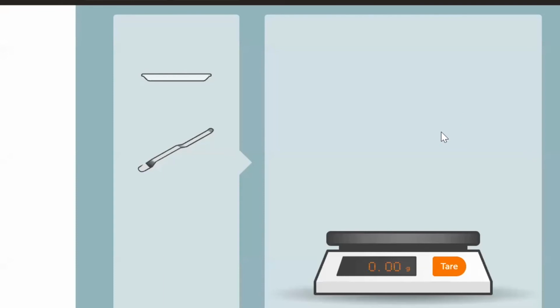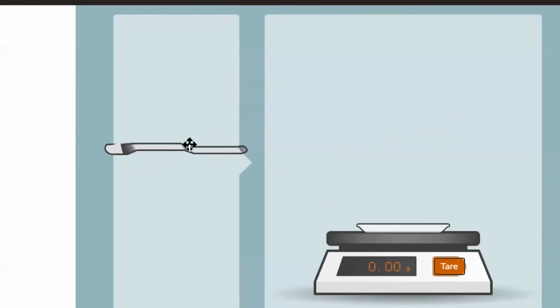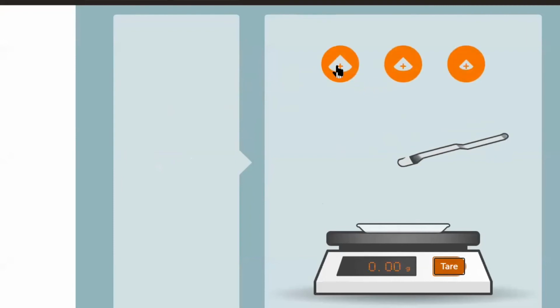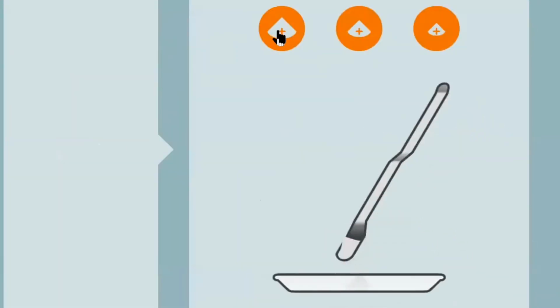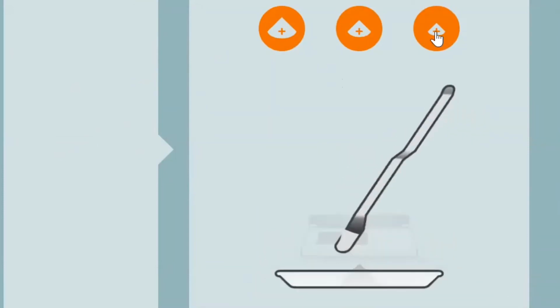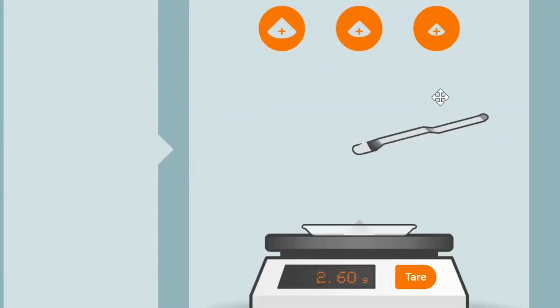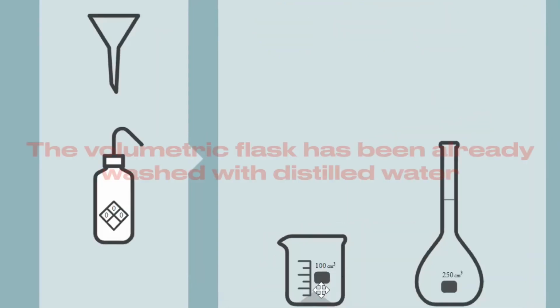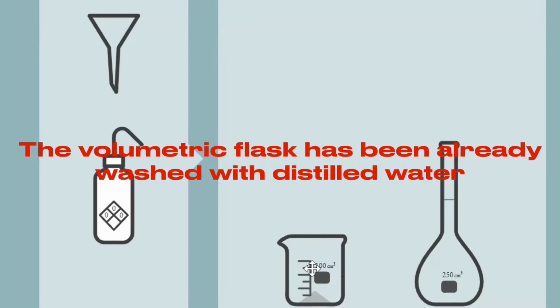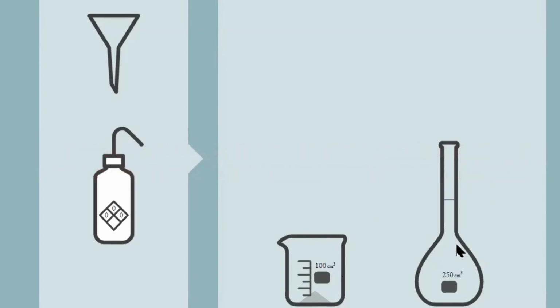Okay, so we want to weigh the amount of sodium carbonate that we need, that is 2.6 grams. So I put my weighing boat on the scale and tare it, and then I start adding sodium carbonate to that. 2.6 grams of sodium carbonate, now we just need to pour it in a beaker. This is our 2.6 grams of sodium carbonate, I need to transfer it to this 250 milliliter volumetric flask and